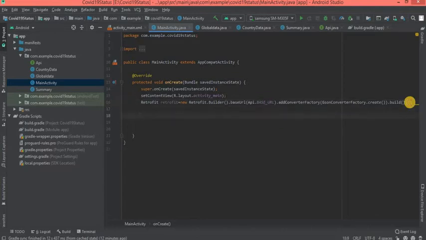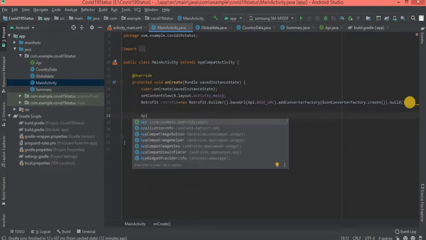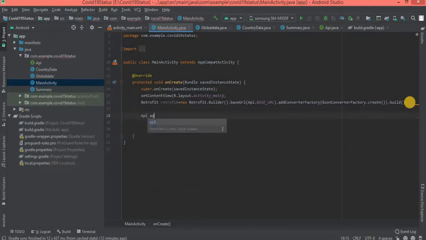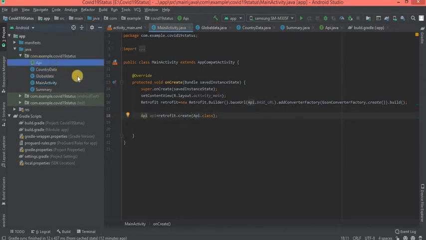Next we need to create an object for the API through which we are going to make HTTP calls. For that, API, retrofit dot create, API dot class, and this will return an API object, which is the object of this API interface.